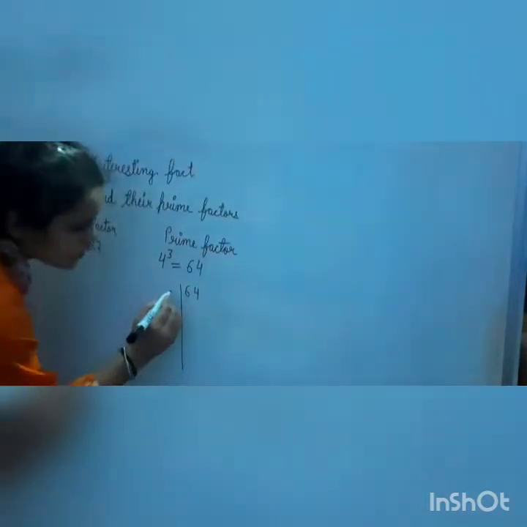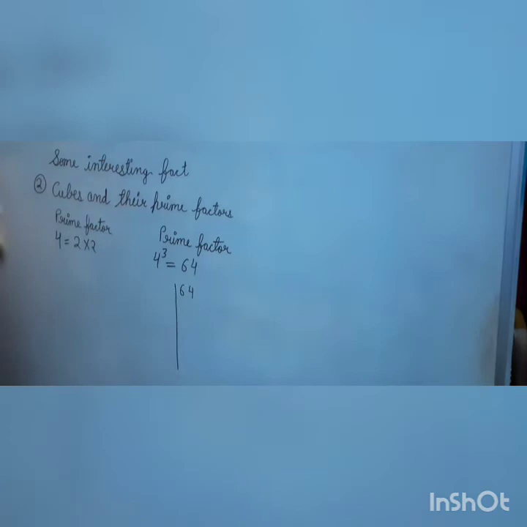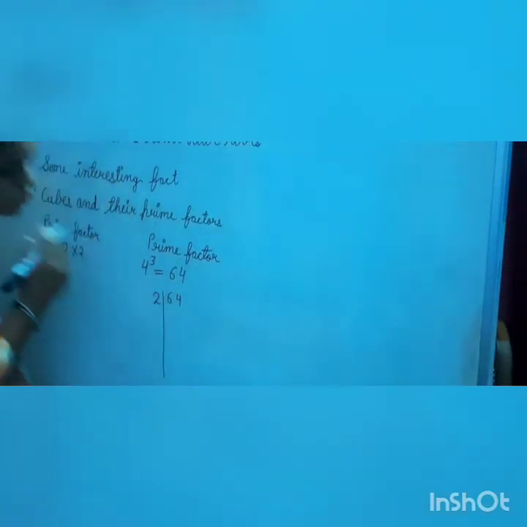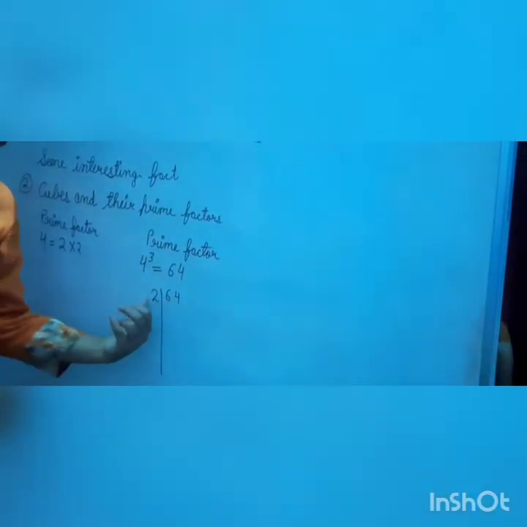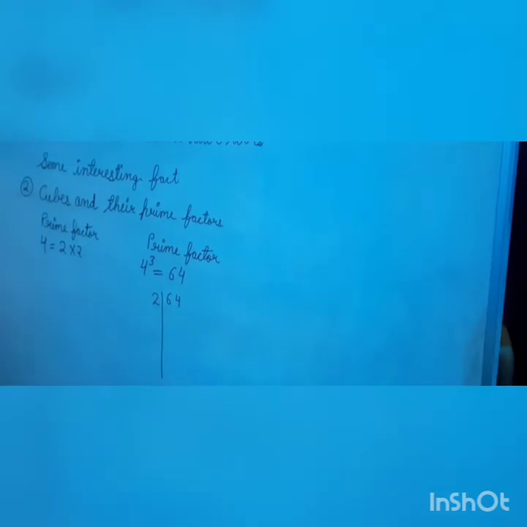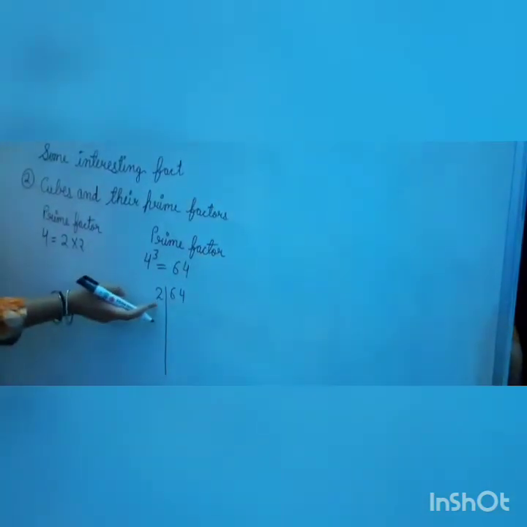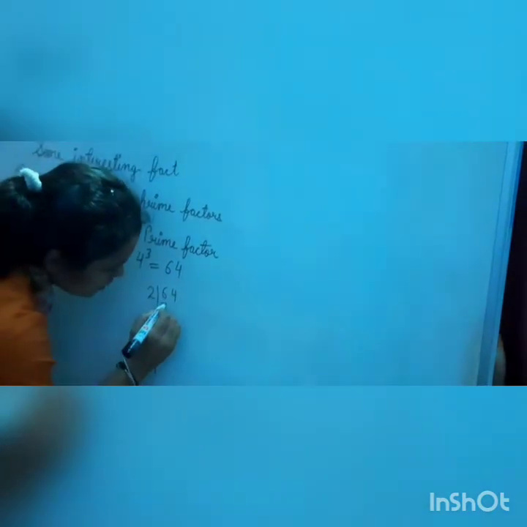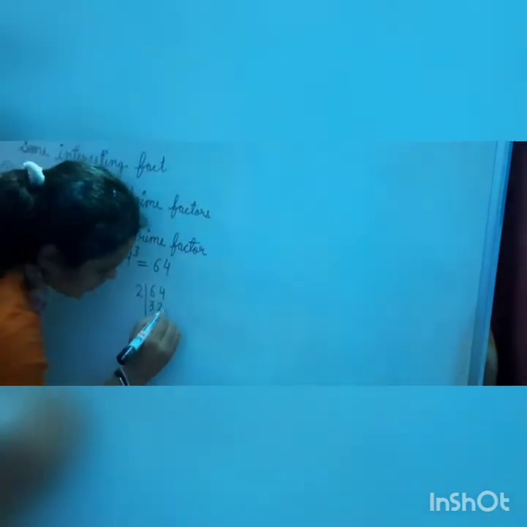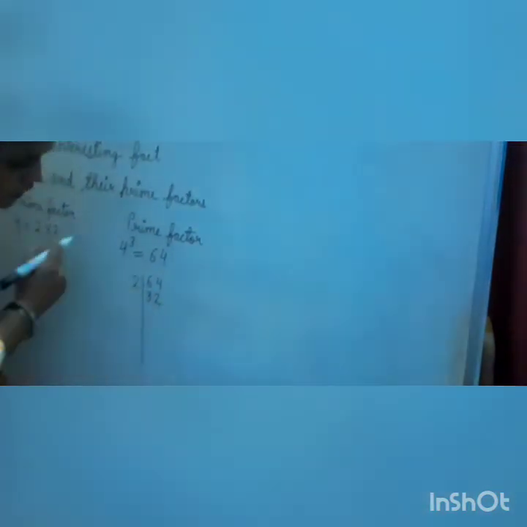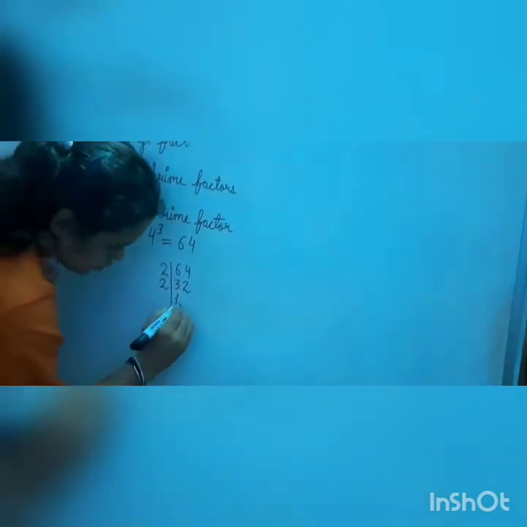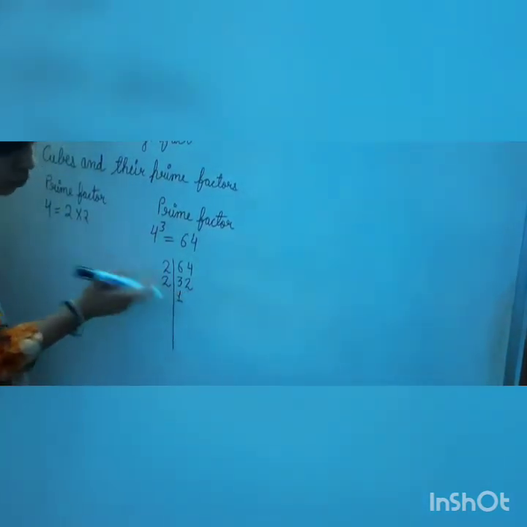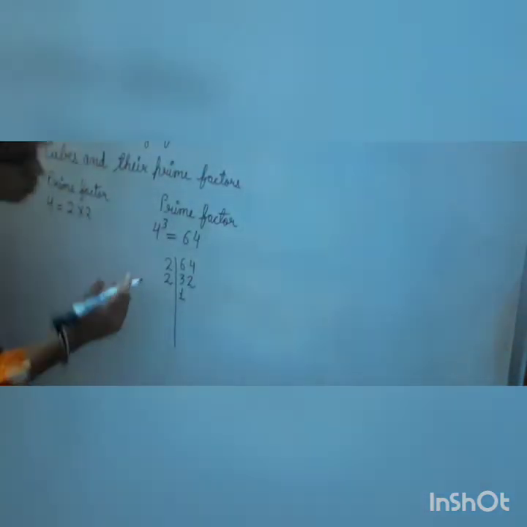Okay, you have to take the least number. The least number is 2. You cannot take 1, because when you divide 64 by 1, it will come 64 only. Now you have to take the next number, that is 2. You know that 6 comes in the table of 2 at 3 and 4 2 ja. Again you know that 2 can also divide, so you will take 2, 2 1 ja 2. Now 1 is left, 1 and 2 12. So 12 comes in the table of 2 by multiplying 6.